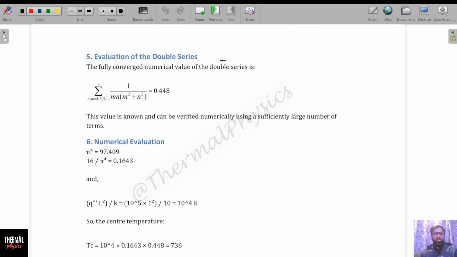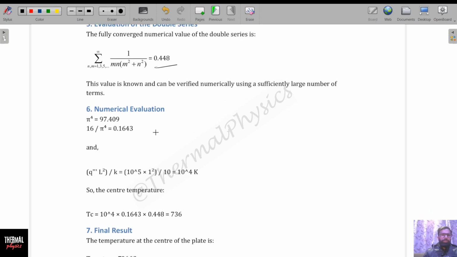the summation of 1 divided by m n, m square plus n square. This is a general infinite series which we know, where m and n take only the odd values, and this series goes to infinity. Its value is 0.448. So we got the two terms. Then there is the prefactor. This is the infinite series, and there is a prefactor